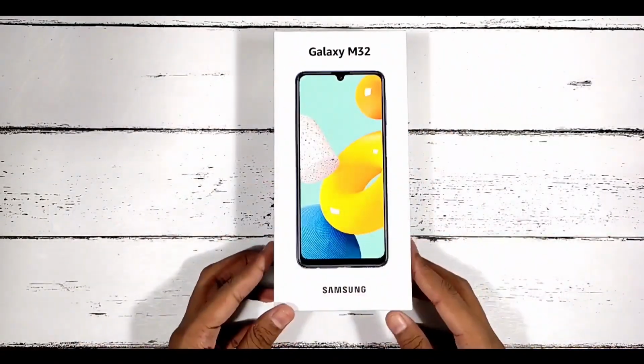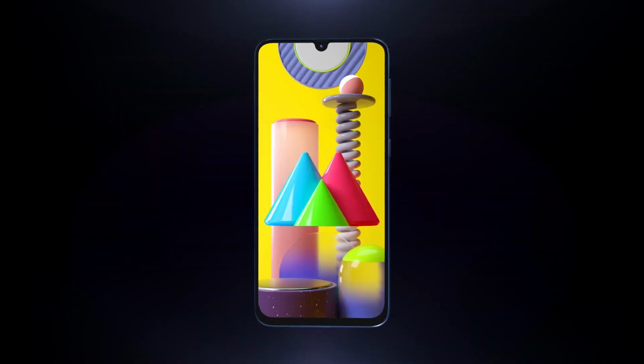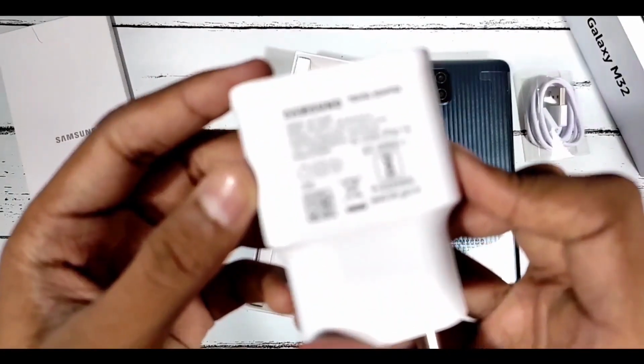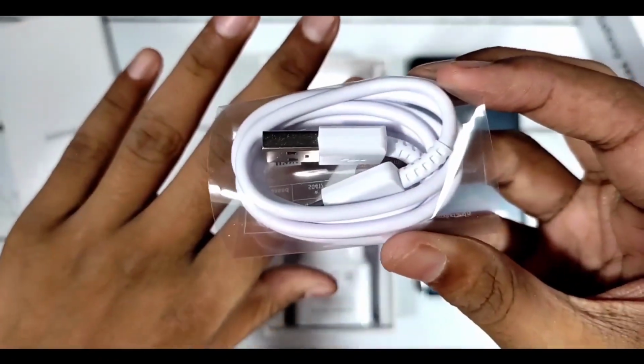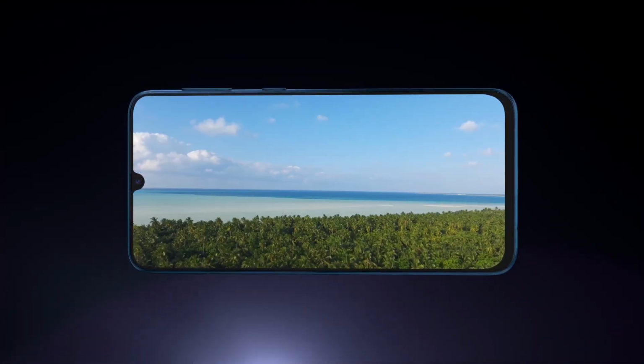Also, in the news we have the Samsung Galaxy M32 unboxing posted ahead of its announcement. The Samsung Galaxy M32 has essentially leaked in full and we even have the pricing details, and now we have the unboxing of that particular device. Nothing more special is included in the box. We have a 15 watt charger, a USB A to C cable, and a bunch of other startup guides. Nothing fancier here. This is going to be a device which is coming with a U-shaped notch